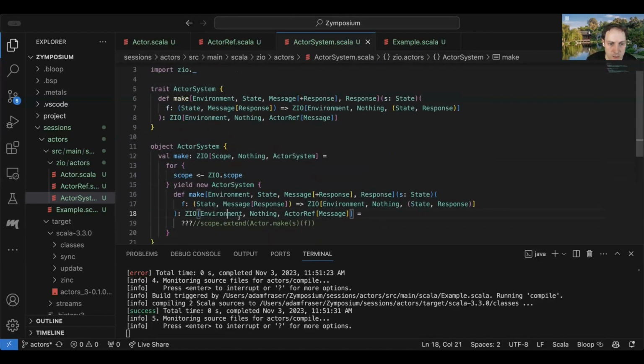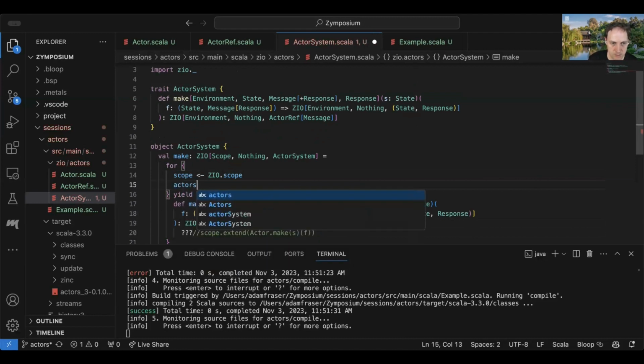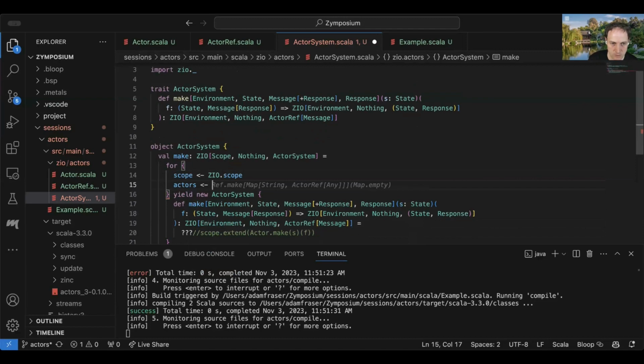So I think what we potentially want here is something more like, what if we had something like actors?